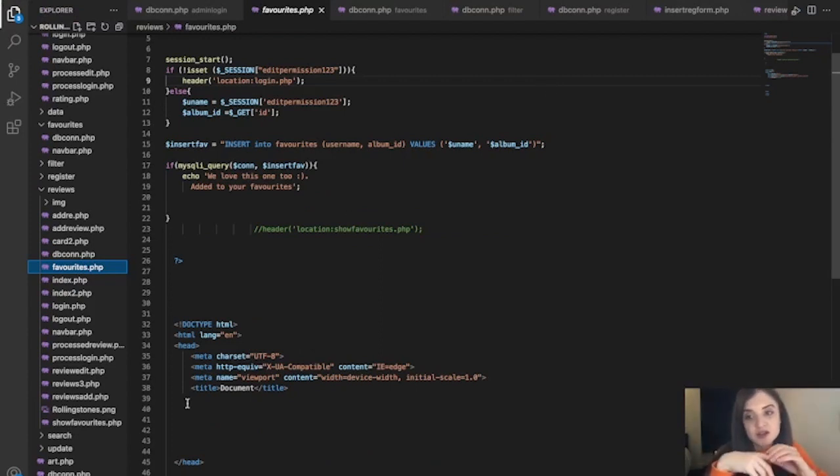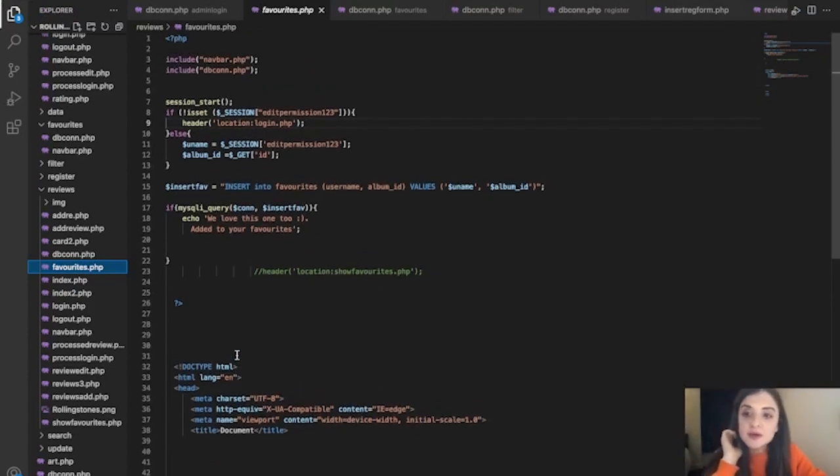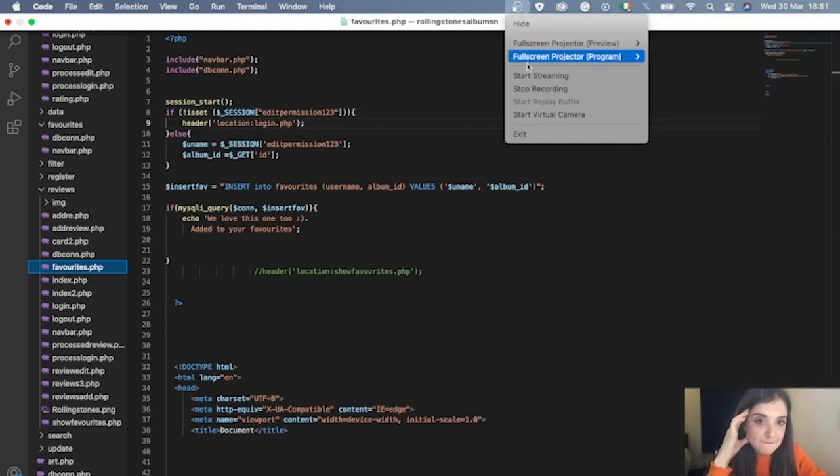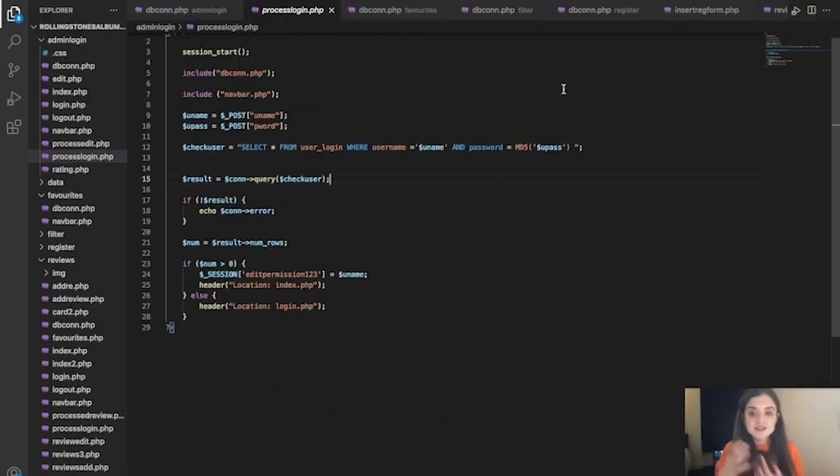And then this is just a little bit about the favorites. So we have again the include function at the top, getting the nav bar and the database connection, and then session start, and then it's asking if it's not set, or else if it is set, then get the session and get the GET from the previous page to insert for the query to run. And then this last little